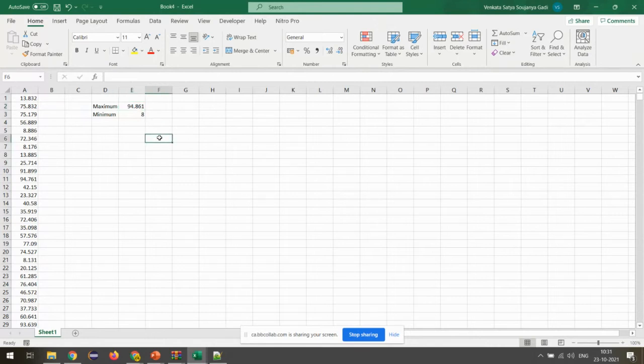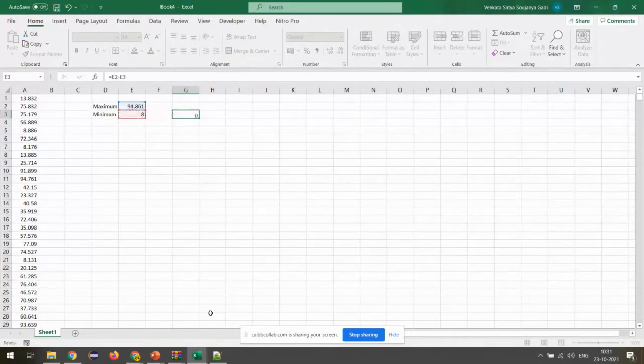To get a better estimate and better calculations, we just don't take from 0. We just try to take as close as possible to the ranges. So we can take from 8 to 95. So let's divide 8 to 95. Let's see what's the range. What's the difference between them? 95 minus 8 is